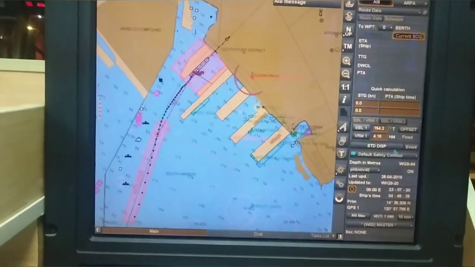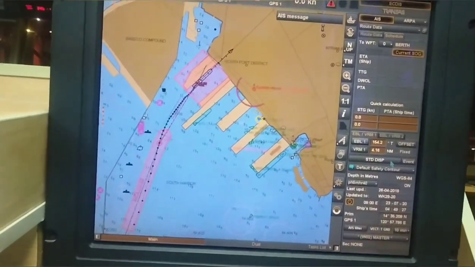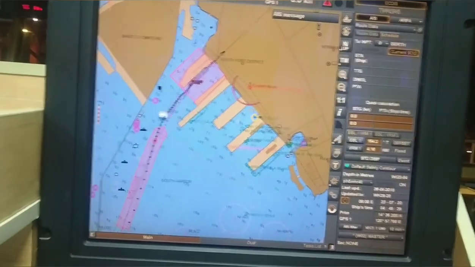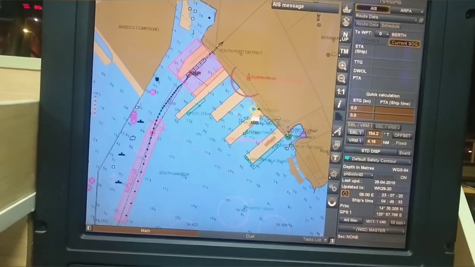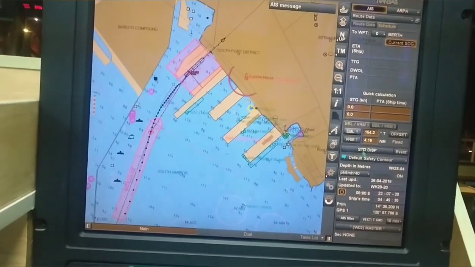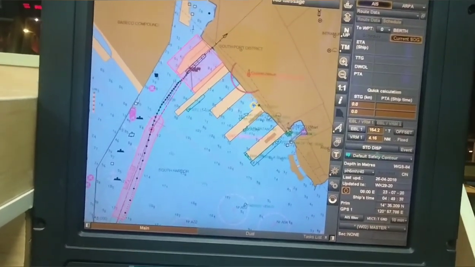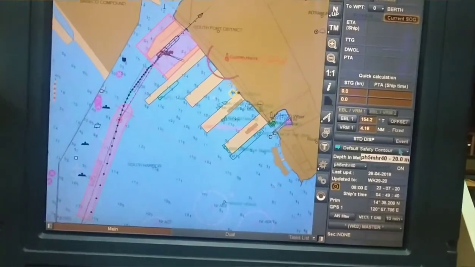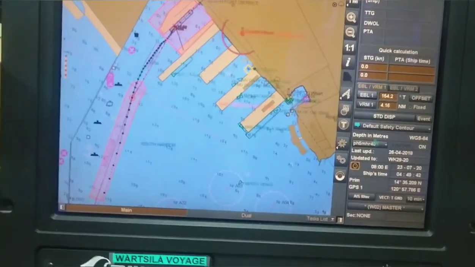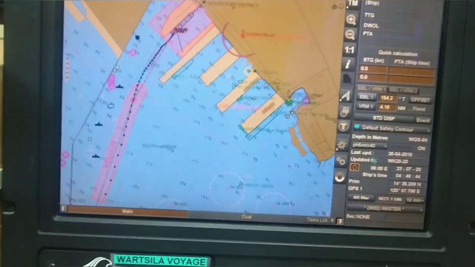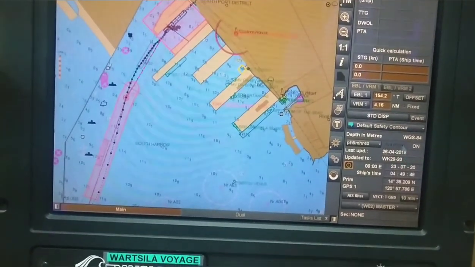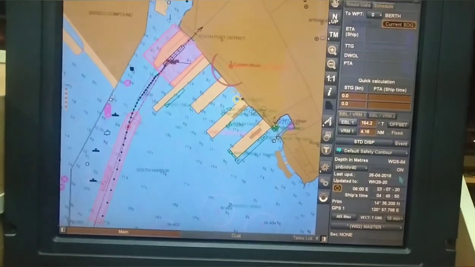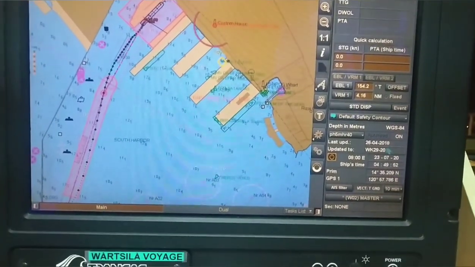This is your display system: standard display, custom display, base, cells, whatever you want to see, whatever chart information you want to see. Just base information, you click on base, standard information, customized information. This is regarding your display. Next is your chart information. This is the current active chart. It shows the last updated week number and date, so it is easy to assess whether your chart is up to date or not.